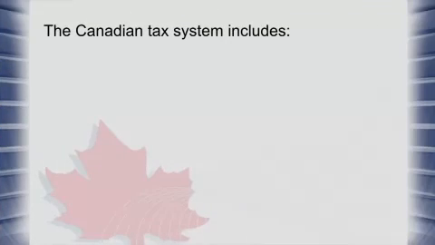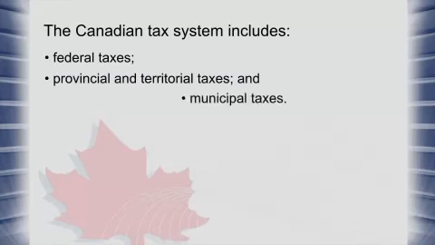Could you tell me what kind of taxes there are in Canada? The Canadian tax system includes federal, provincial and territorial, and municipal taxes. Canadian residents support the tax system by paying their fair share of taxes. In return, they benefit from the programs and services provided by their governments. The Canadian tax system is based on a self-assessment system, which means that every taxpayer is responsible for making sure that they comply with the tax rules of each level of government.